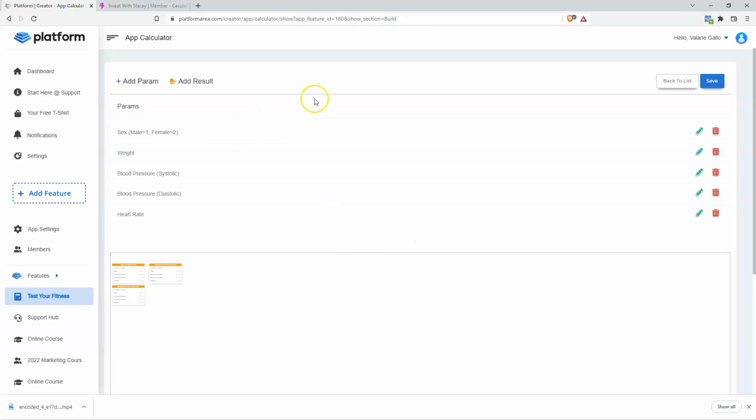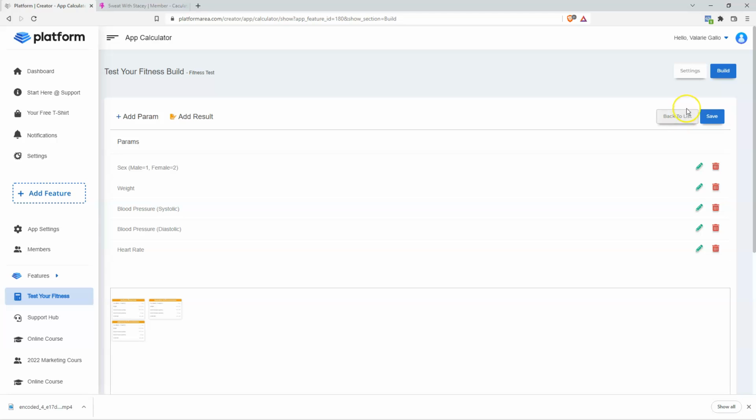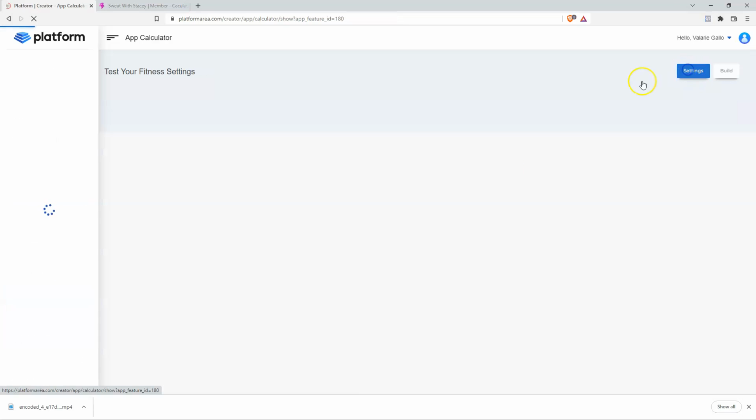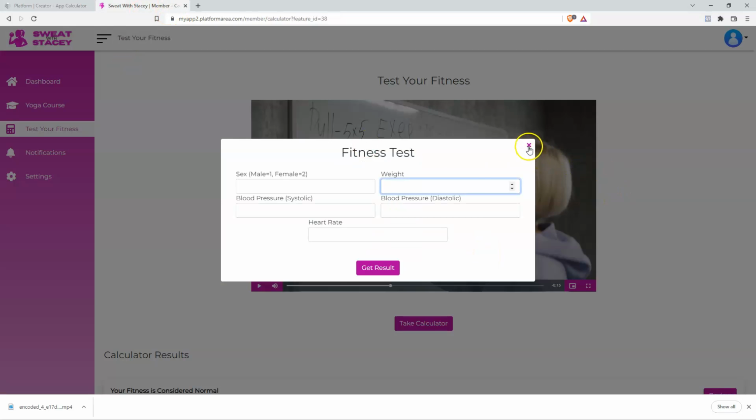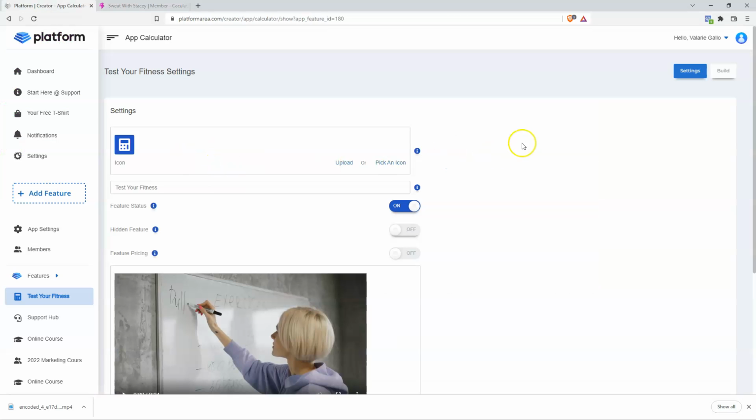So after you add the content for your calculator, what you're going to do is click settings, and then adjust your settings so that you can publish it live to your members area. I'm going to run down the settings here so that you can see